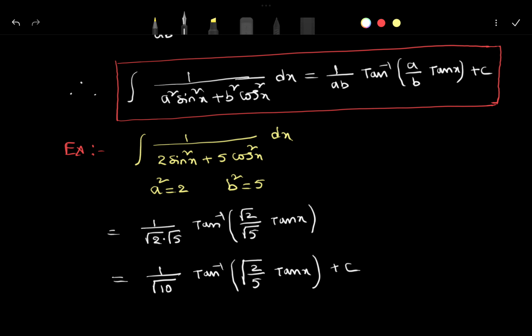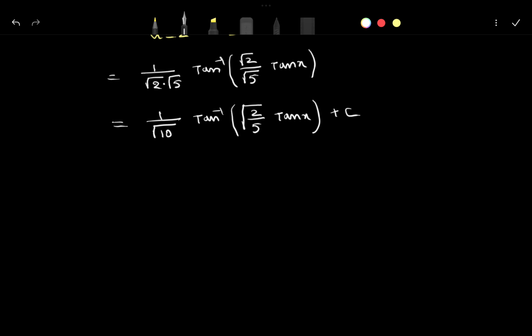And one more question, we'll see one more model in this question. Next model is question number 3. What is the integration of tan x whole to the power of 8 into secant x whole to the power of 4 into dx? So generally most of the students will panic by seeing this question, but it is